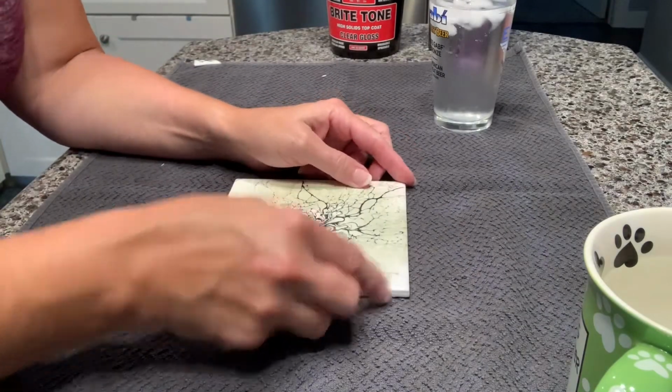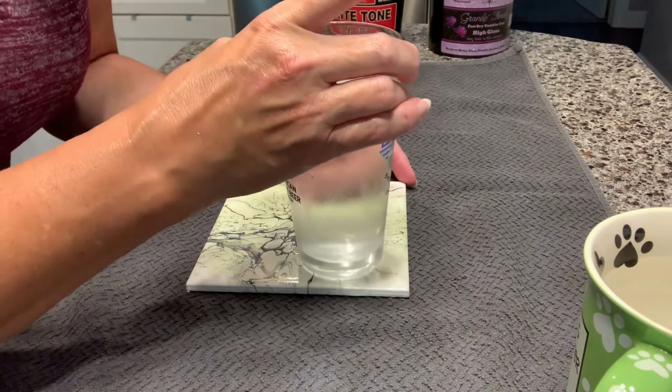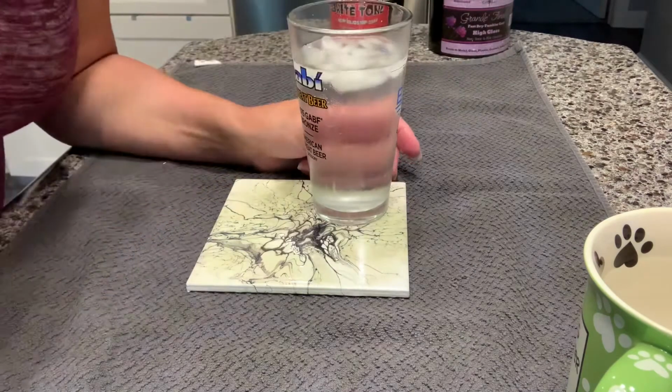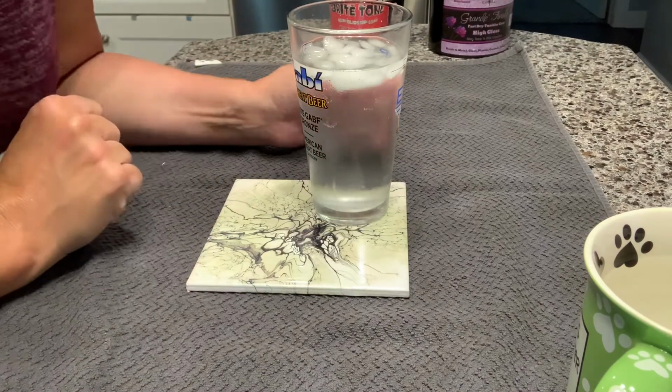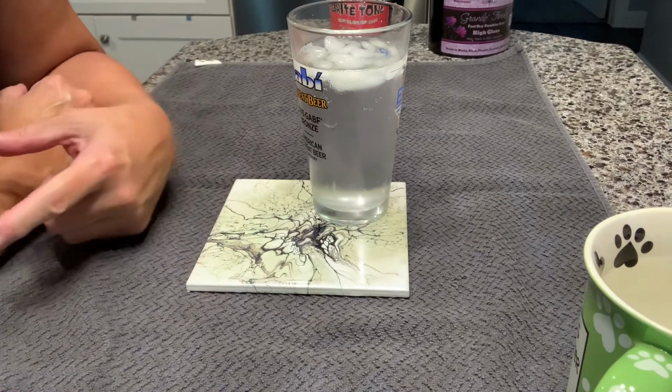All right, so we're gonna put the cold glass on here, and I'm gonna put this over to the side here so it's not in the same spot as the divot, so I can tell if that goes away or not. So I'm gonna set the timer for probably